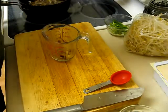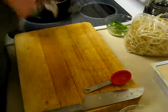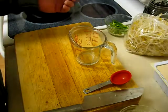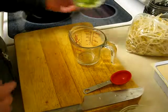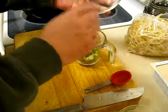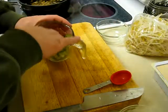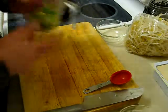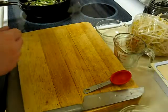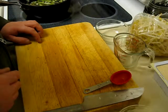We'll go ahead and turn on our heat. We'll turn on about 4 or medium low perhaps. Again, we don't want to boil the water, but we do want to get it nice and steaming hot so we can get our miso all good and melted in there. Scallions, I did cut up another 2 or 3 scallions just to add to the mix here. It looked like I didn't quite have enough, so again, about half a cup of scallions. So that's 5 cups of the leftover water from soaking the shiitakes, half cup